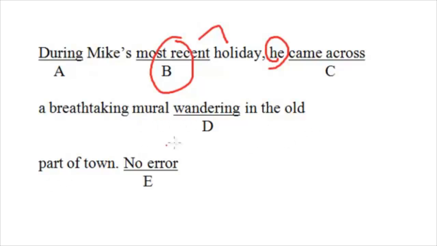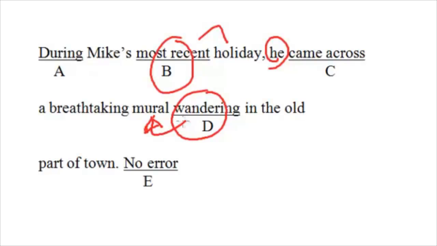Wandering in the old part of town. So the answer is D over here, and let's look at why. Okay, this "wandering in the old part of town" is modifying what? It's modifying mural, right? So how can the wall painting be wandering in the old part of town? Unless you're anthropomorphizing the mural, there's no way this can be possible,